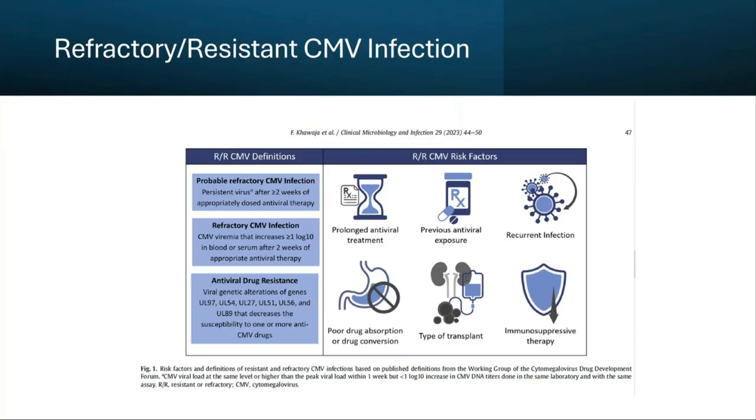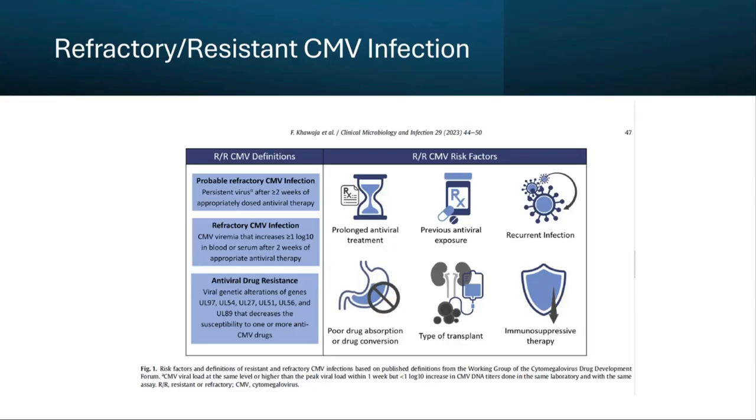Yes, so then we're moving to refractory resistant CMV infection definitions. And they can test you on 2 main points. They want you to know about this new drug which is on the block, which is called maribavir, and they might test you on 2 specific mutations.